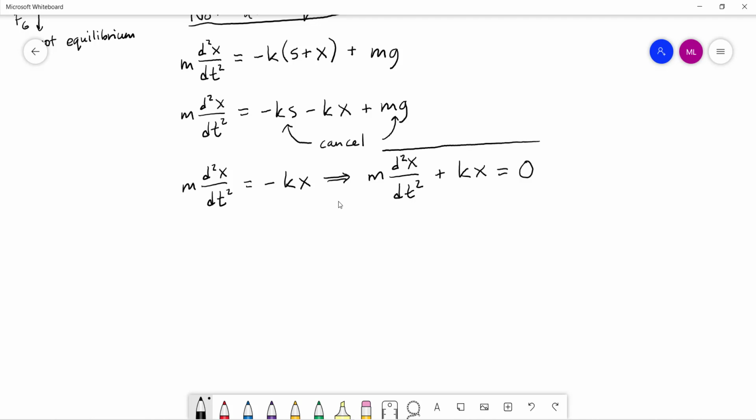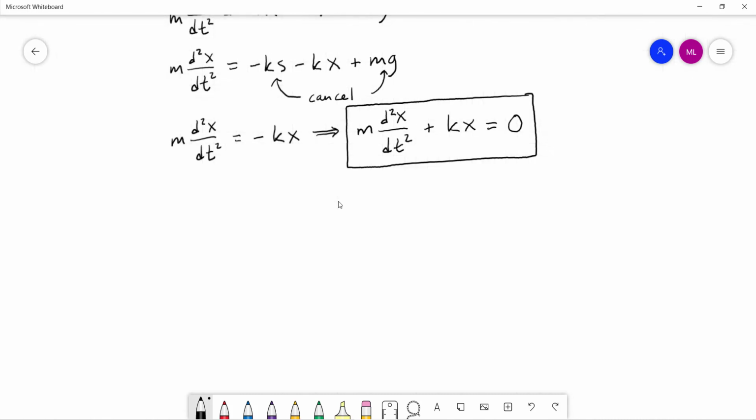And so this is basically our differential equation. This is our ODE for the free motion of this mass spring system. And I'm going to put a word here that we'll define in a minute, but it's for an undamped mass spring